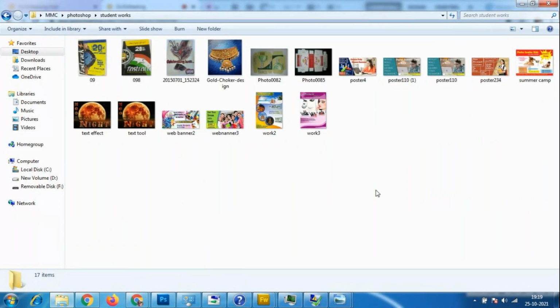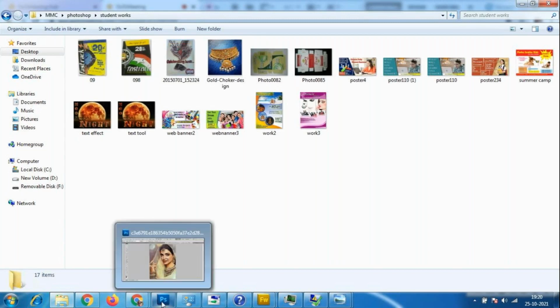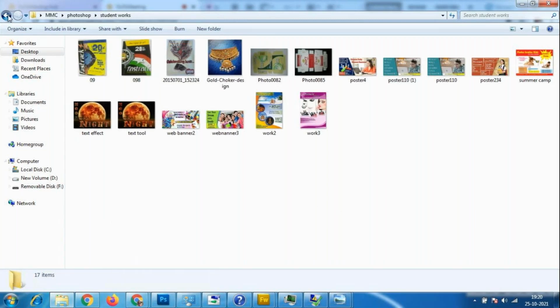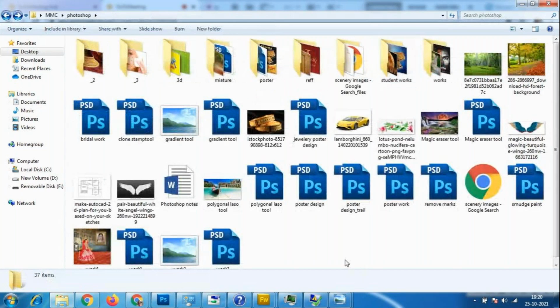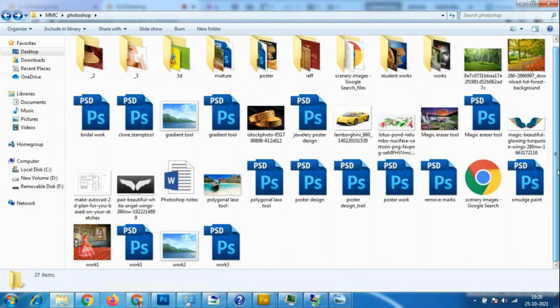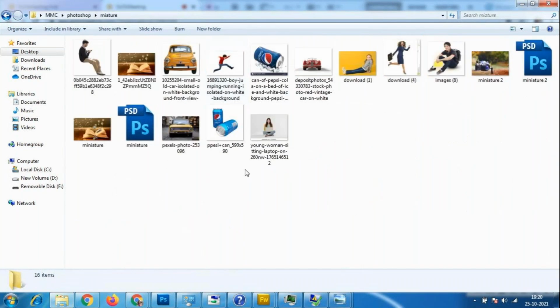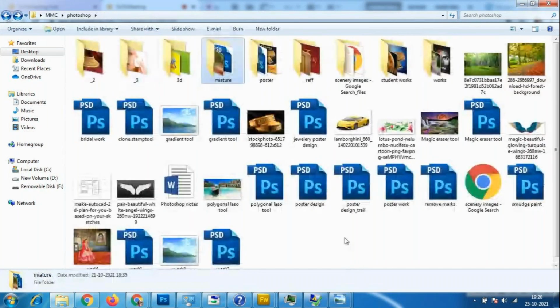We are going to launch a music video, or some textile things, or some advertisement designs, you can add for this only. In the next class, I will show you people how to make advertisement designs which have offers. I was supposed to show it today itself, but I'm not able to, so I'm unable to complete those things. In the next class, I will definitely show you those things.